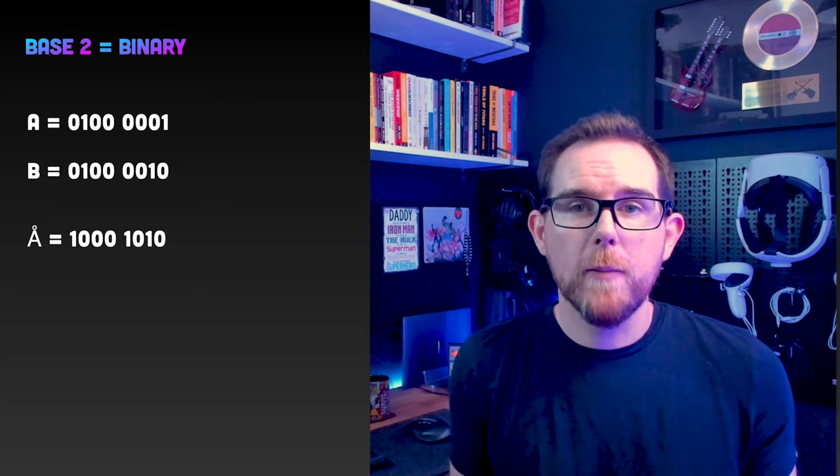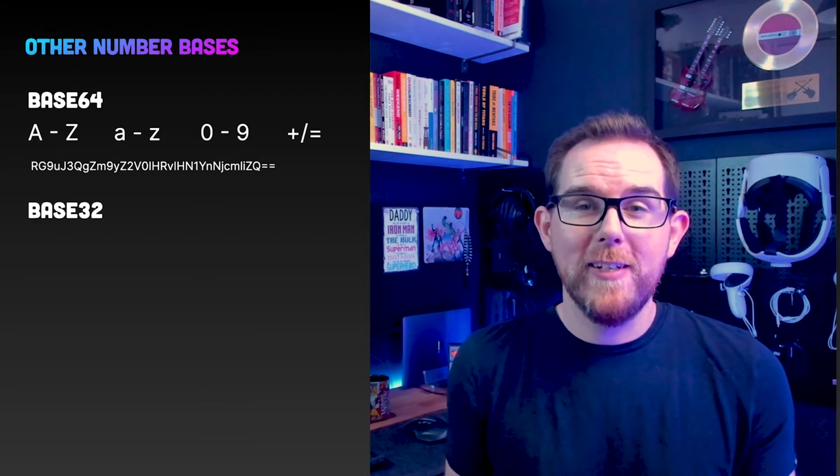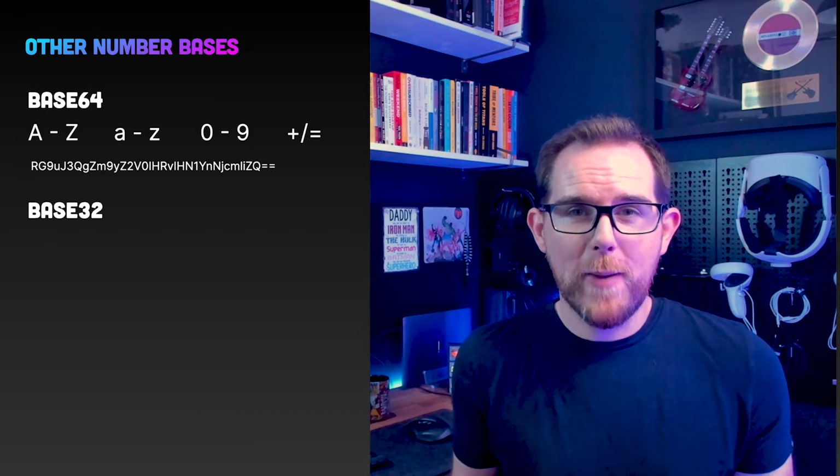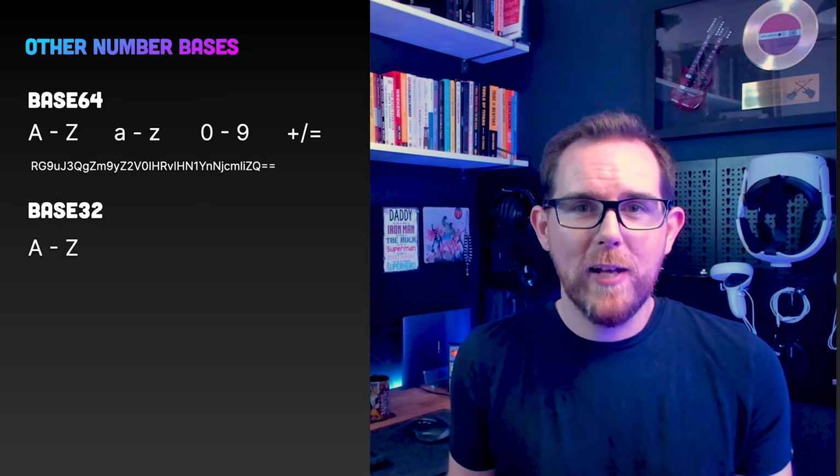It's not just binary numbers that are used in programming. We also use other number bases as well. Emails are usually encoded in base 64, so unlike binary that uses 0 and 1, base 64 will use the characters capital A to Z, lowercase a to z, as well as 0 to 9, plus, slash and equals. Programmers also use base 32 quite a lot as well. The great thing about base 32 is it only uses capital letters and numbers. So it's great for things like file names and URLs where we can't use special characters.